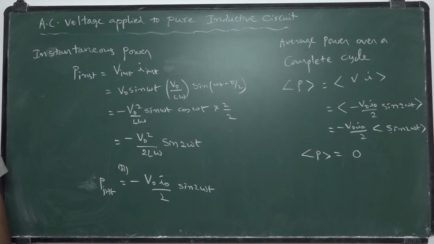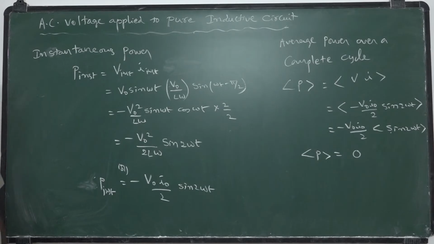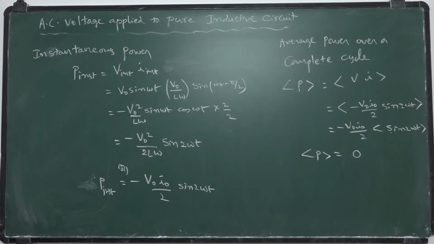So this is the discussion of passage of alternating current through a pure inductive circuit, how the phase difference is generated and what is the value of the phase difference. Current is lagging behind the voltage, or voltage is leading before the current, by a phase angle of pi by 2 in case of a pure inductive circuit. And later we have seen the diagrammatic representation of voltage and current in a pure inductive circuit, and we calculated instantaneous power and average power in a pure inductive circuit. I hope you understood this concept.